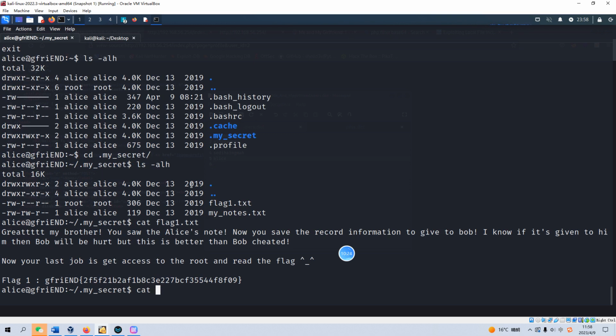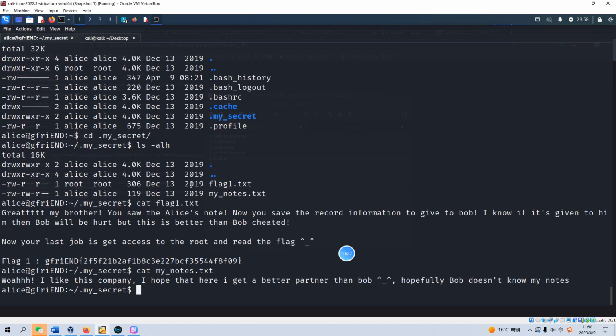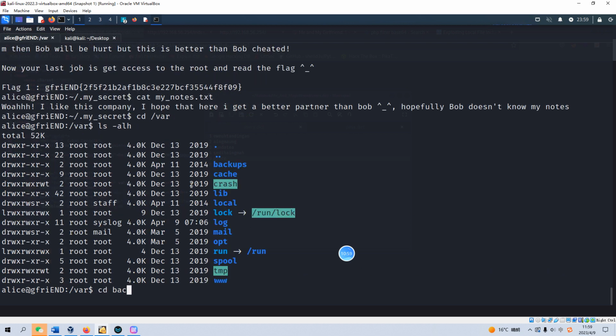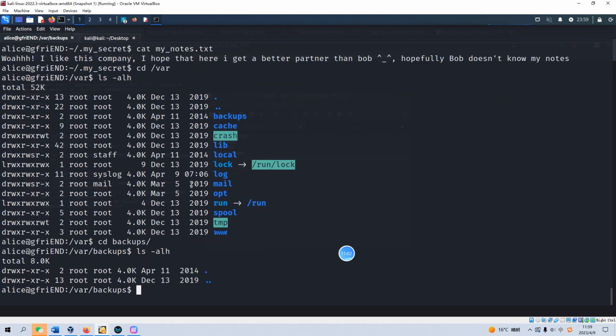And also we can cat the my notes file. I like this company. I hope that here I get a better partner than Bob. Hopefully Bob doesn't know my notes. It doesn't help me very much, right? So we need to see any more information from other places, like we can go to the var directory, go to the backups directory, nothing, and